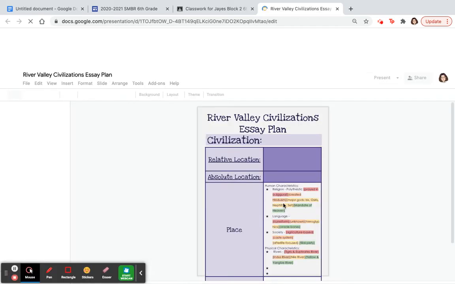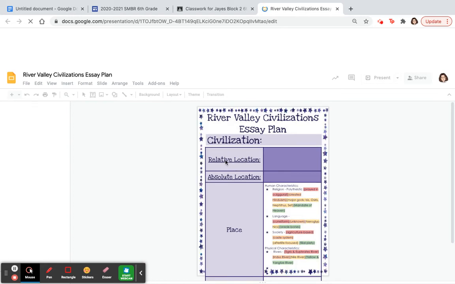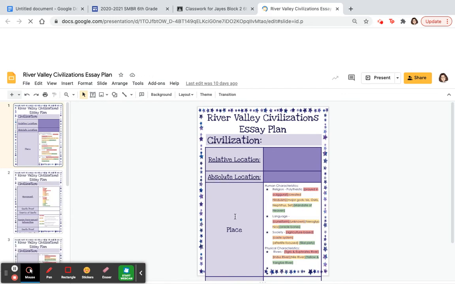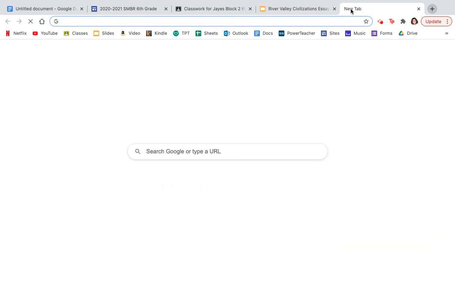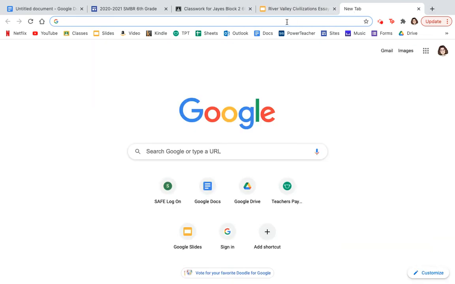Now, going over this information, first thing we need to do is our location, that is both relative and absolute, and place. So, the first thing we need to do is figure out the absolute location of our area. Because this is a universal fact, this is something we can look up and do not need to cite because it is not opinion-based. It is what it is based on lines of longitude and latitude. So, for example, if you are Mesopotamia, you could type in the modern-day country that Mesopotamia was surrounded by, which, if you remember, was Iraq. So you would type in Iraq,